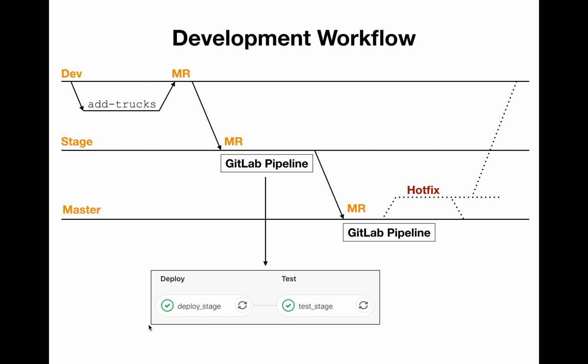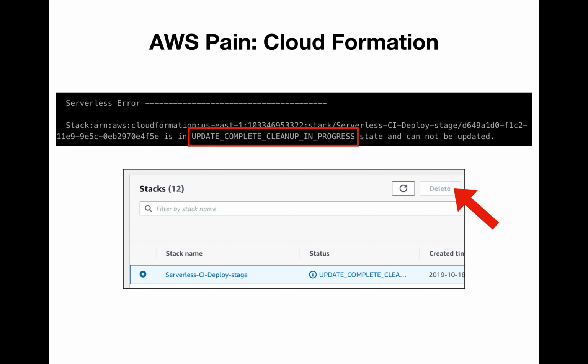And in this case, it's really simple. We have two jobs in the GitLab pipeline: a deploy stage job and a test stage job. So this will deploy to staging, and then if we had some code, we would run some code against the staging environment. And so while I was developing this,